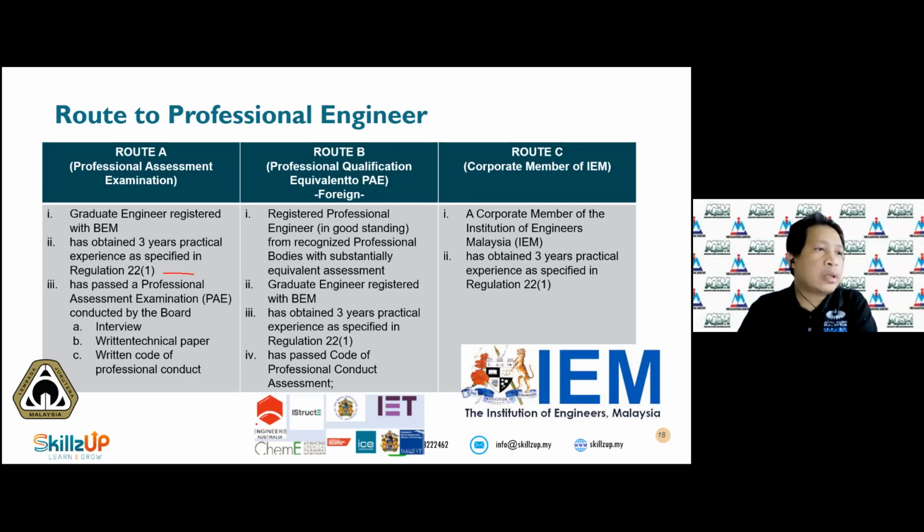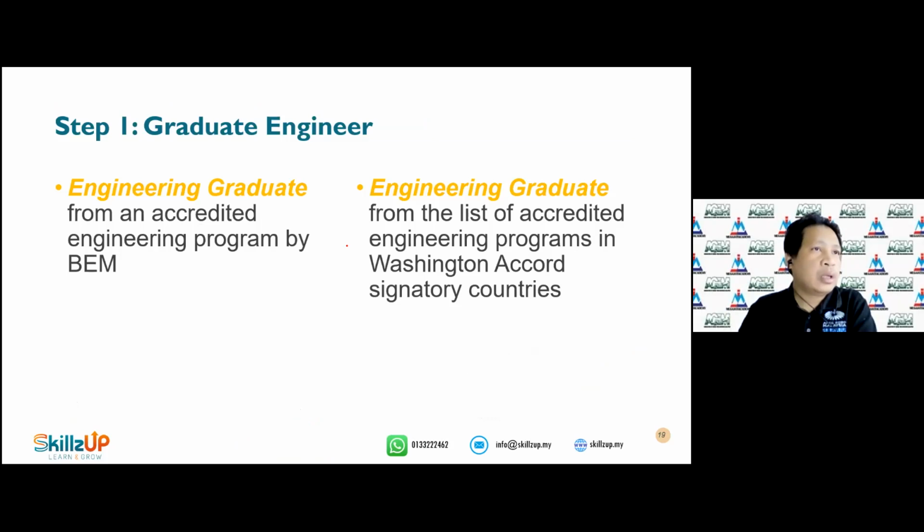Okay. So the rest, I think, is Route B, for those who are registered, for example, under a different domain, such as Engineers Australia, IET, and so on. Route C is for the corporate member of IET. Okay. So to become a graduate engineer, you need to have